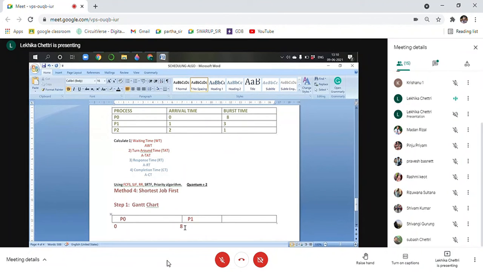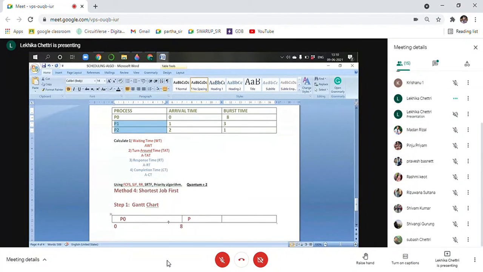Now when P0 comes out of the CPU at time 8, with a context switch it goes to the ready queue. It will check, there are already two processes. And it is not first come first serve. If it was first come first serve, your answer P1 would be correct. If the burst time was 1, your answer would be correct. But neither is the situation. The burst time here is 8, and within this 8 unit time, 2 processes have already entered the ready queue.